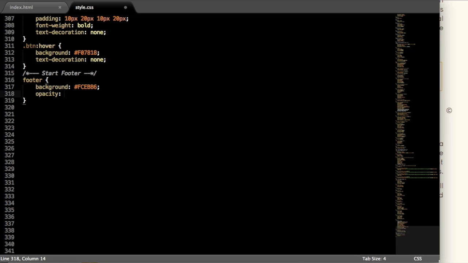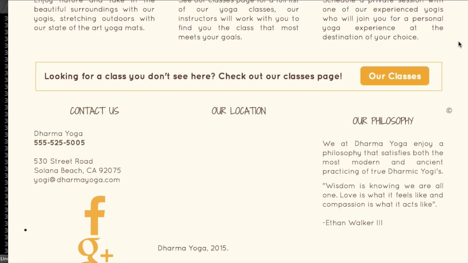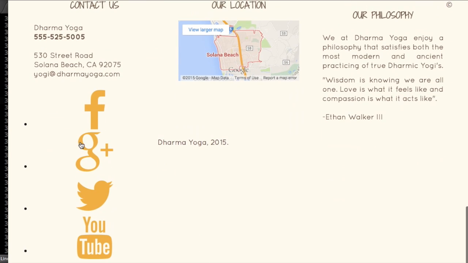I'm also going to give the footer some opacity so everything kind of blends in and is a little lighter. So I'm going to give it an opacity of 0.9, and let's give it the width of 100% of the wrapper. So refresh,